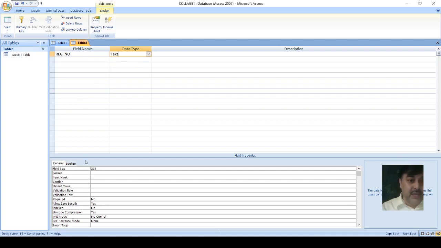You will see here, the area of 255 characters is there by default. Text is there, then memo is there. In the memo pattern, you can give memo numbers up to 65,535 characters. Then there are different types of numbers. When we take those different types of numbers, you also have a date and time option, currency option,